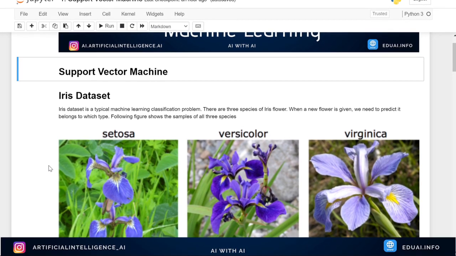Okay, so we are going to talk about an example of support vector machine on a typical machine learning classification dataset, that is the Iris dataset. We have already discussed the Iris dataset in multiple videos on different machine learning classification techniques, but the dataset doesn't really matter here. We are taking the Iris dataset because it is the most popular one, and we are already aware of what